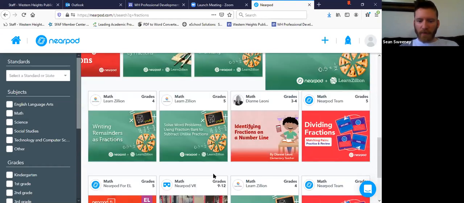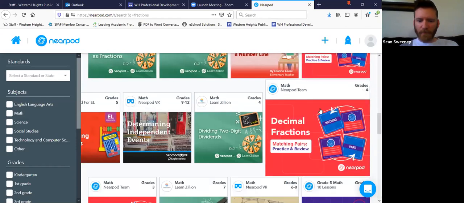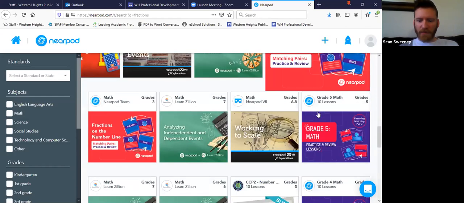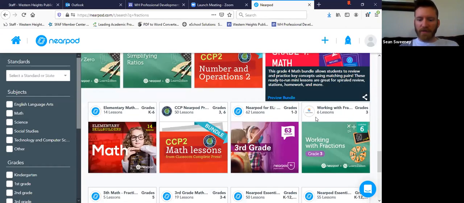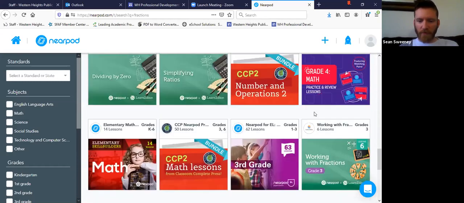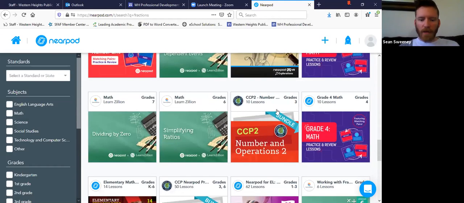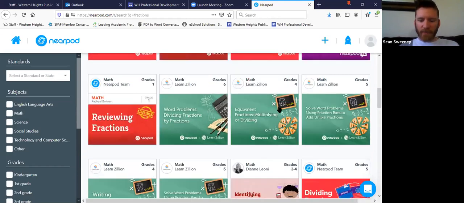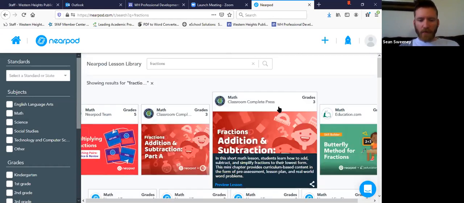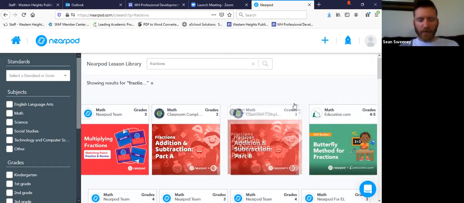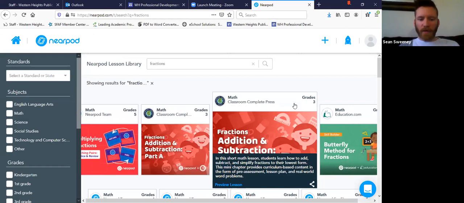And down here at the bottom of the screen, it'll just keep loading and loading. There's lots and lots of material and lots of different lessons available on fractions. So what I really want to do is, instead of spending a lot of time going through every single lesson and trying to figure out which one out of these 50 or 60 lessons I actually want to use,